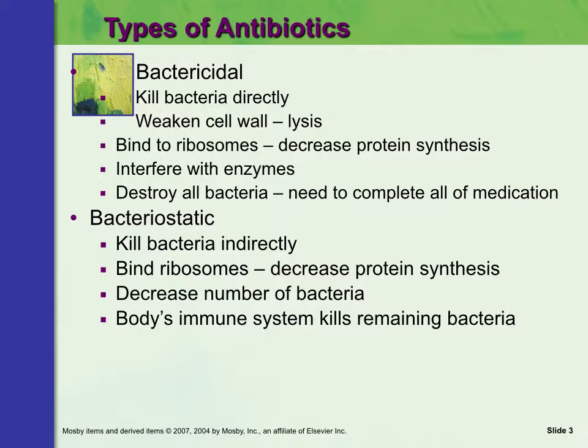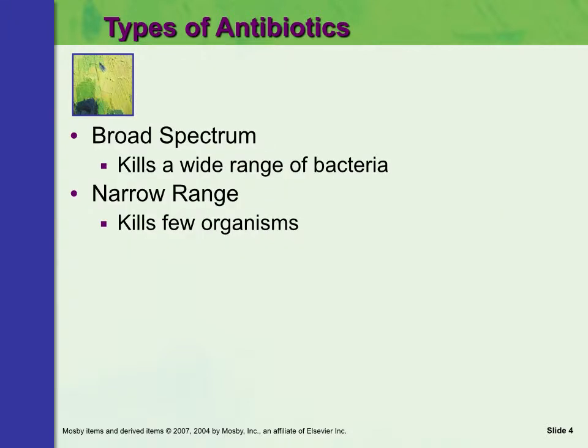There is a difference in terms of these types of antibiotics between narrow spectrum and broad spectrum. Broad spectrum affects a wide group of bacteria, as you see, whereas the narrow spectrum kills very few organisms. So a broad spectrum would be gram positive and gram negative both, and it would affect both of those types of